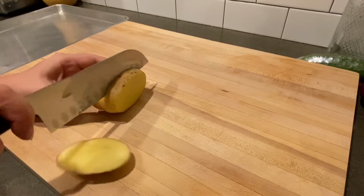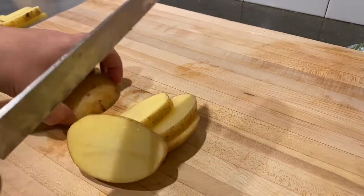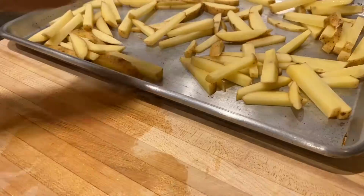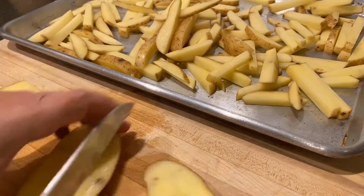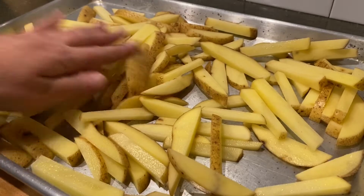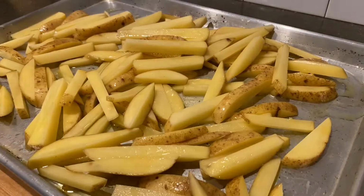First, you'll want to prep your potatoes by washing them and cutting them into pieces that resemble a fry. And I left the skins on. That I think makes it very delicious. So once you've cut about, I would say 2 pounds of potatoes, you'll want to drizzle on some olive oil